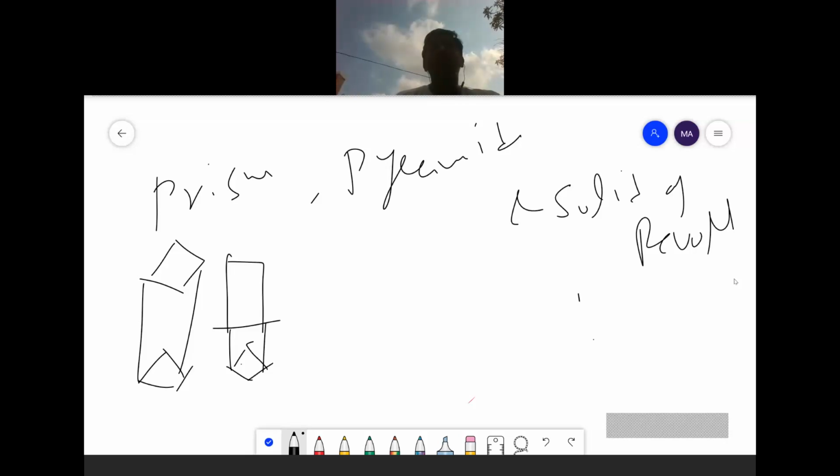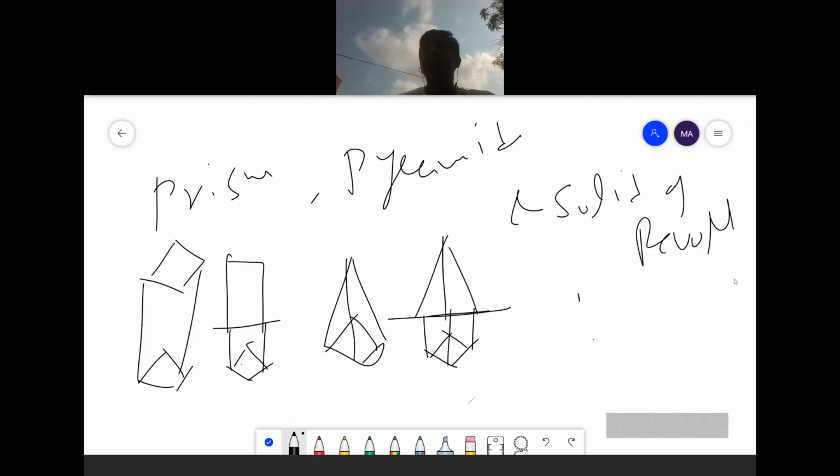Pyramid means, suppose it is a square pyramid, it looks like this. Here you have a square, and when you project the center axis it will form a pyramid. Understand? Then solid of revolution means